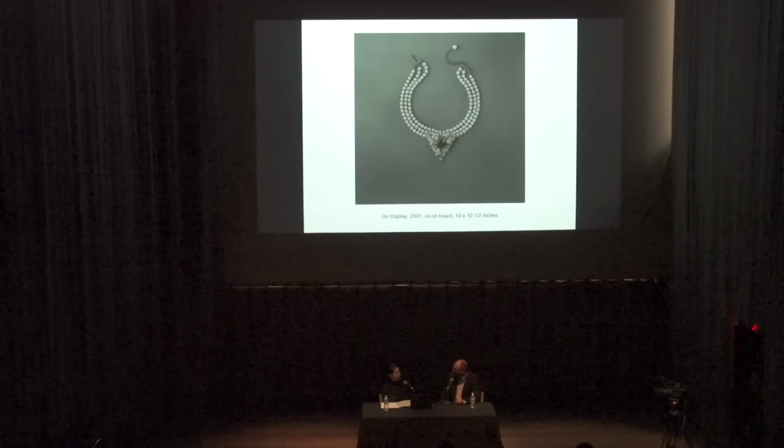So I wanted to just jump in and give a general overview of what's on view in the exhibition, especially for those who haven't had a chance to see it yet. The exhibition consists of 4 series from Victoria's production, representing or sampled from about 15 years worth of work. Victoria works very slowly. Yeah, the jewelry pieces take about a month. The beaded purses and the fur purses take anywhere from 3 to 4 months. And the beauty paintings also take a month, so it's a very, very slow,